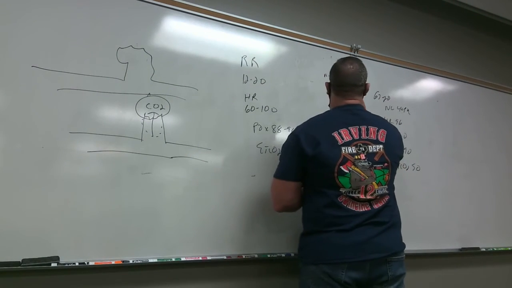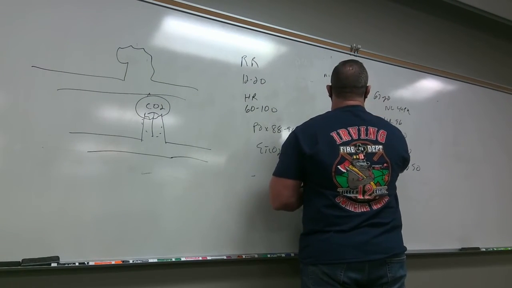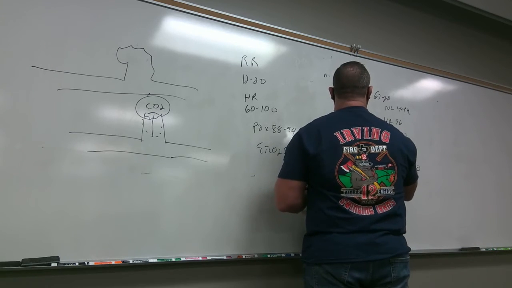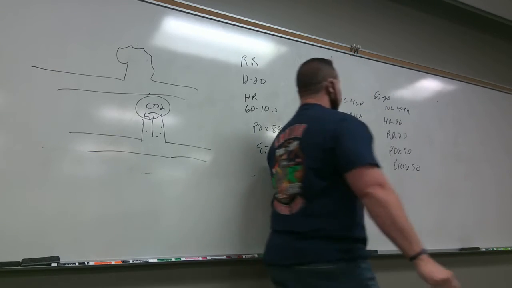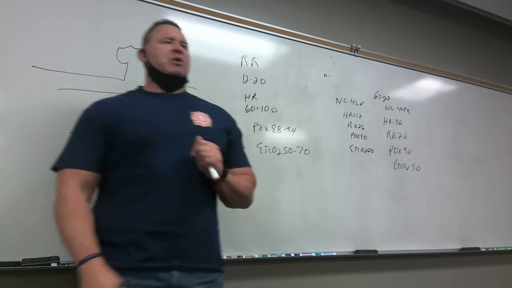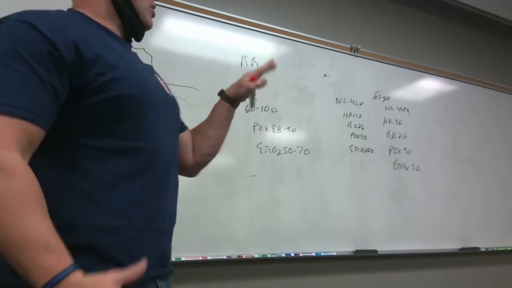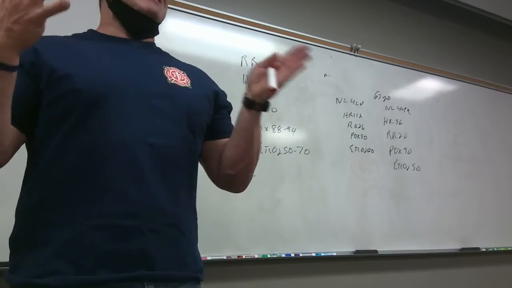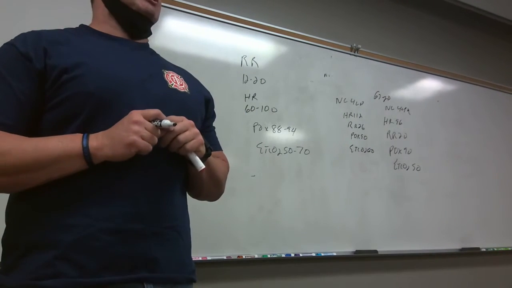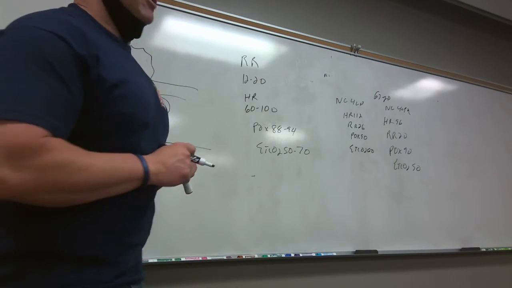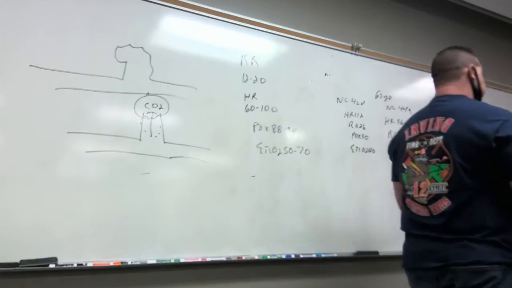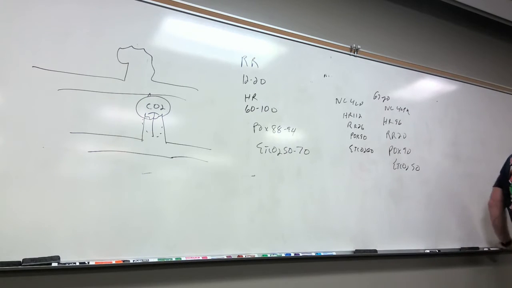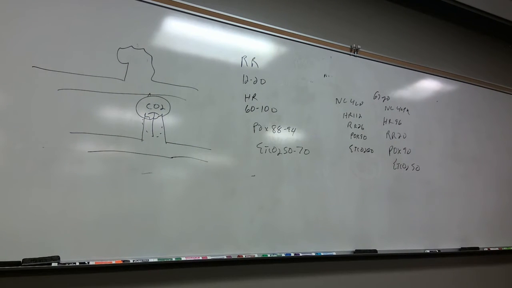What if I said nasal cannula, 4 liters per minute, heart rate 112, respiratory rate 26, pulse ox 90, and end tidal 60? Is her heart rate up? Yeah. Is her respirations up? Yeah. So even though her pulse ox and capno are fine, this is more hypoxic than she's used to. So what should we do with her cannula? Raise it. Bump it up to 6. So you see, by looking at heart rate and respiratory rate, that will help us determine